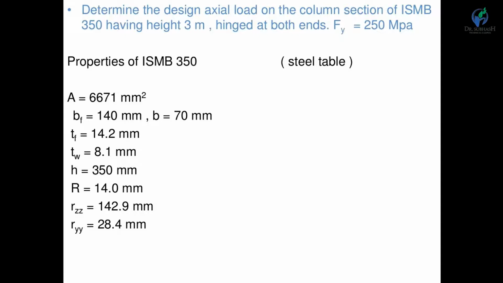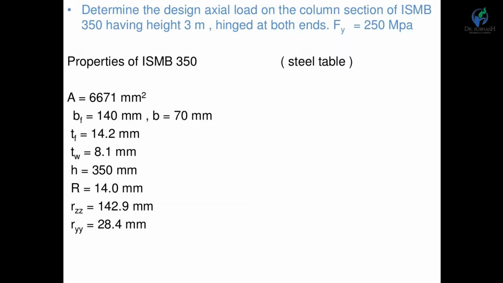So here is the analysis of a column, where column data is given to you. How can I again identify whether the column problem is analysis or design? I mentioned this in the strut also. If the column section is given in your data, it means your example is an analysis example. If only loads are given and you have to find out the section, then the example is a design.